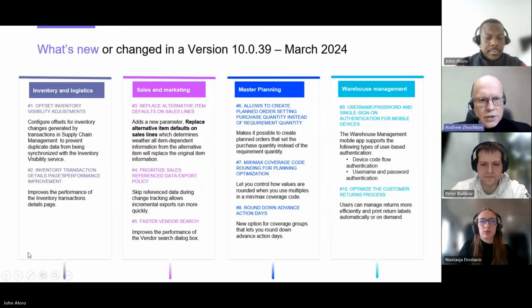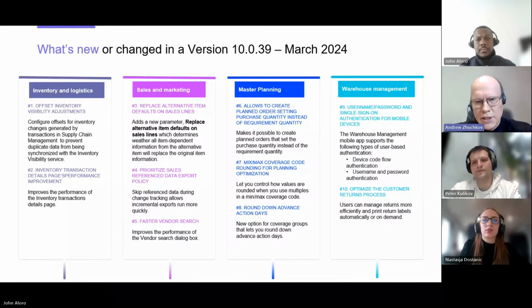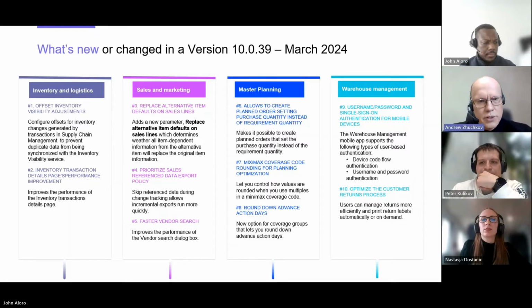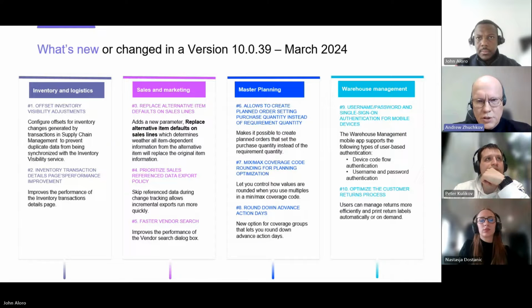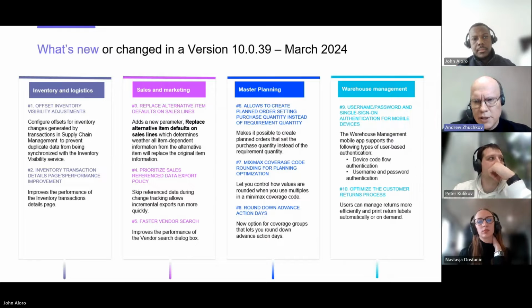Thank you. So we highlighted about 10 improvements that are most promising from our point of view. You can see their brief description on the current slide. Let me provide more details about some of them. Let's start with the inventory and logistic part. Offset inventory visibility adjustments. So this feature allows for cancellation or offset the update in supply chain management to the